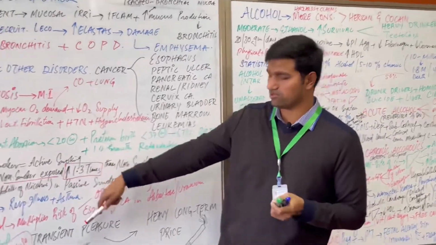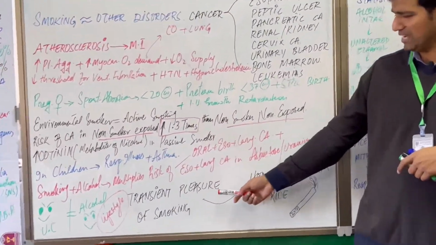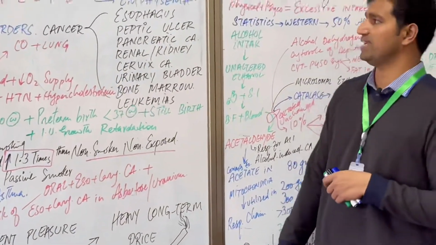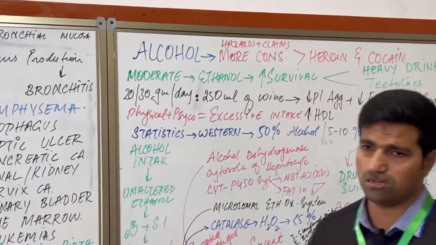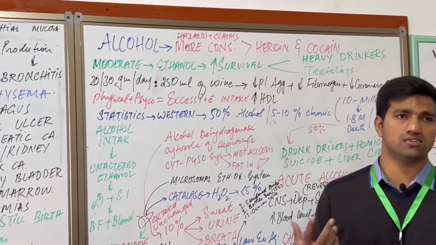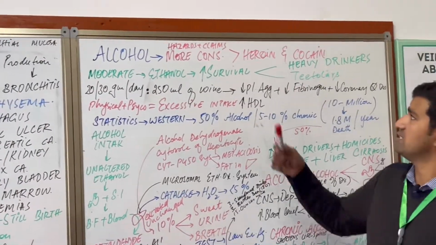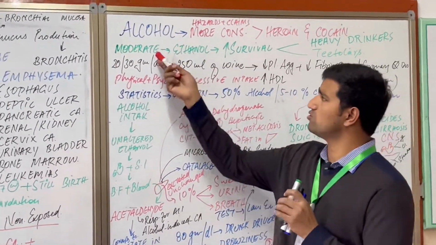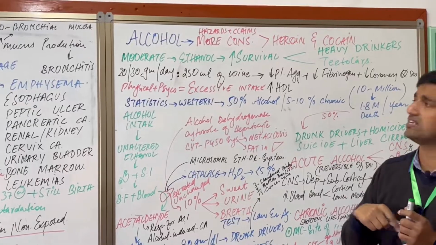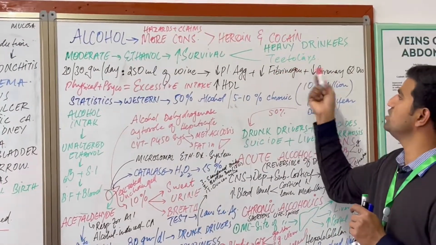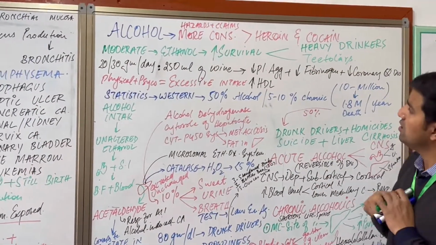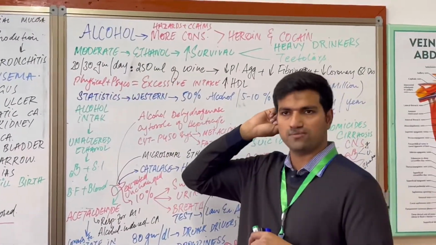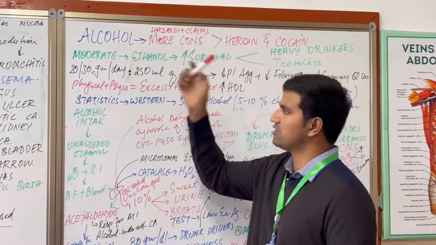For smoking, the transient pleasure of smoking ends up with a heavy long-term price. You have to pay that price. If we talk about alcohol, it has more hazards, claims and consequences than heroin and cocaine. A moderate amount of ethanol increases the survival rate compared with heavy drinkers or teetotalers who never drink in their life at all. But still, as we know, in the medical record it is written that 20 to 30